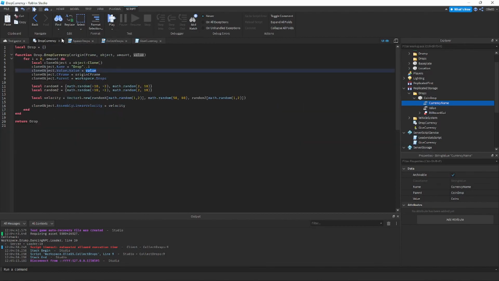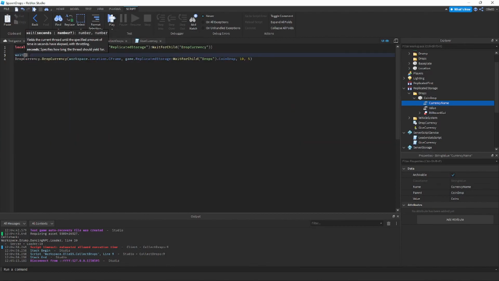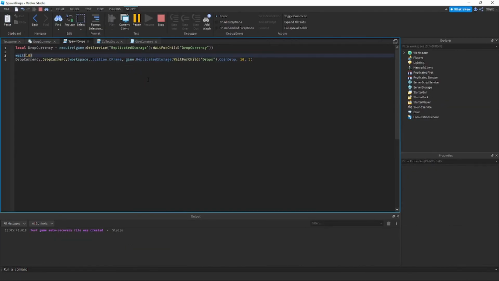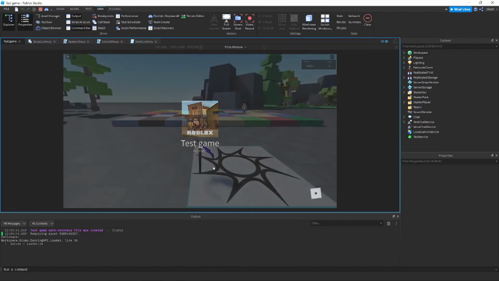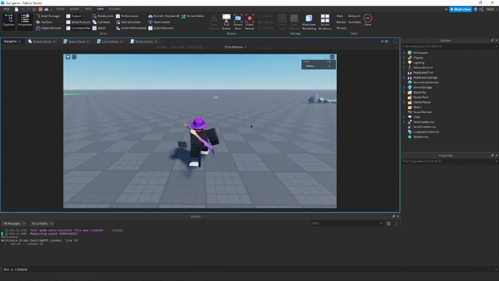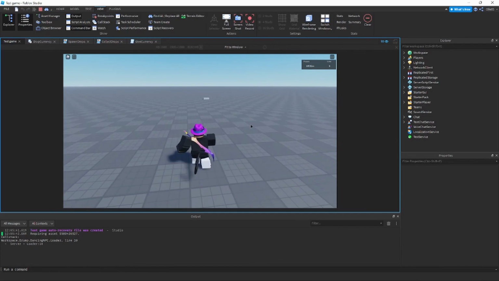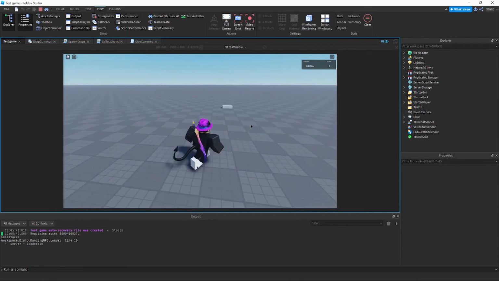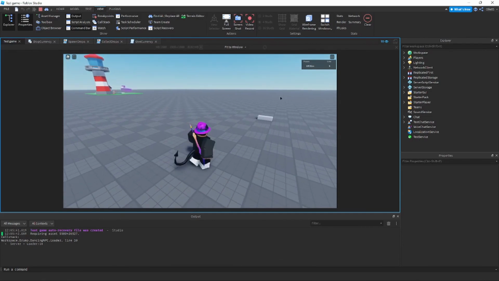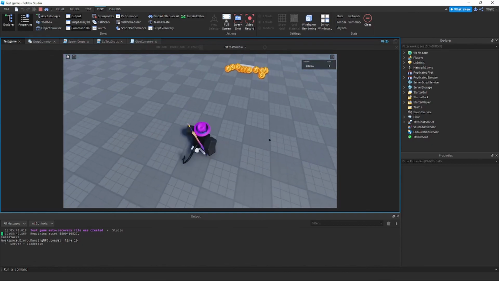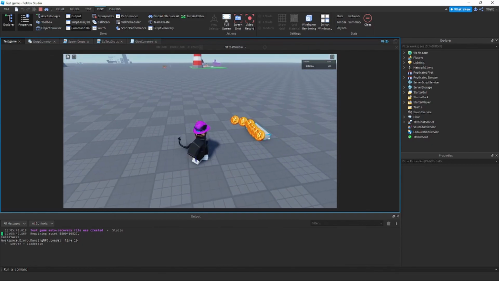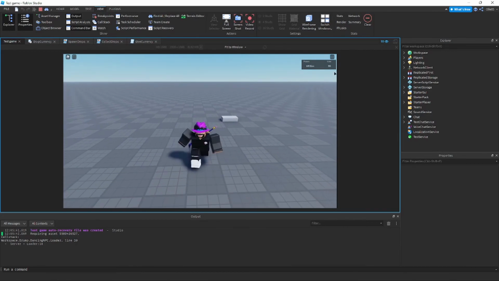And drop currency, spawn currency, set it to 10, because we want to see it spawn. So at some point they will spawn and be launched, and we are collecting them,